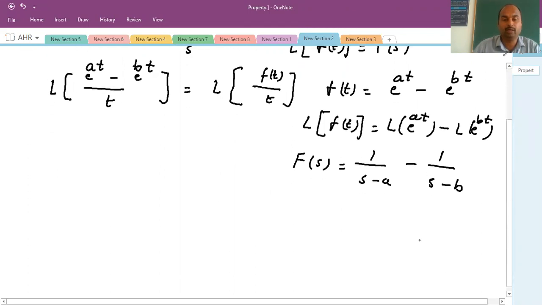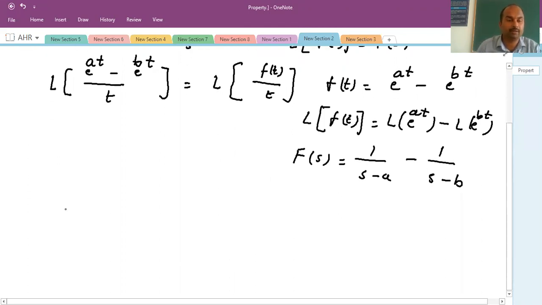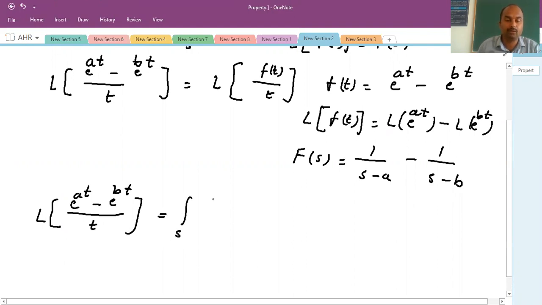So now we got this F(s), and we'll apply the property. Laplace transform of (e^(at) minus e^(bt)) divided by t equals integral from s to infinity